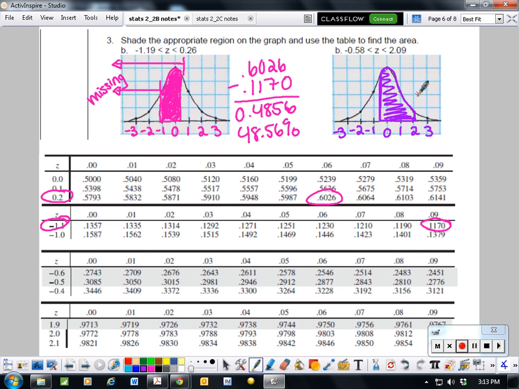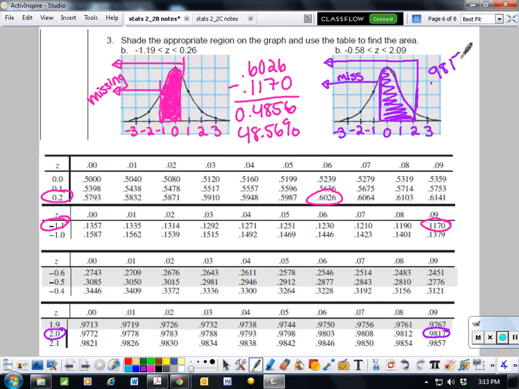So I'm going to take the higher value, because that goes all the way down, and I'm going to subtract the part that I'm missing. So the 2.09 is 0.9817, and I'm going to subtract that lower part, negative 0.58,